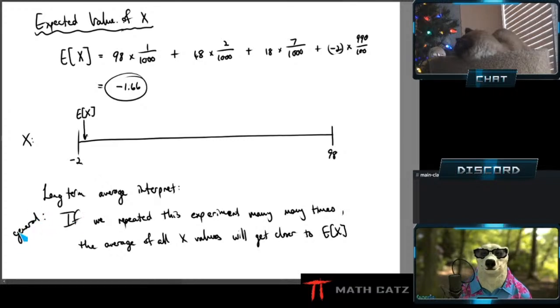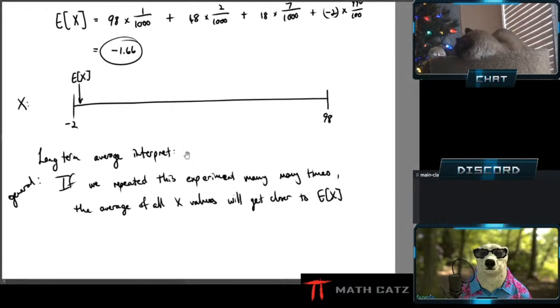I can now apply that interpretation to my specific situation. That means if I played the raffle over and over and over, many, many times, the more I play, the more my average profit will be negative 1.66, which means I will lose, specific to my example,